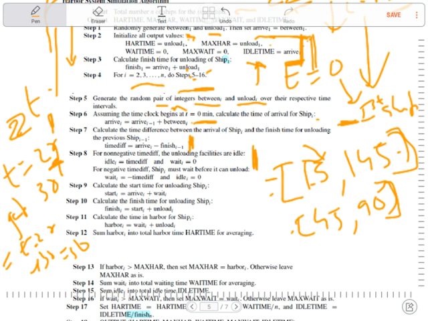Okay, it is the idle time of the harbor, when the ship arrives. I am writing in short: less than f(i minus 1), finish(i minus 1). That means what? Here, if I put less than 0, then I am getting this one. That means for that part of the system,